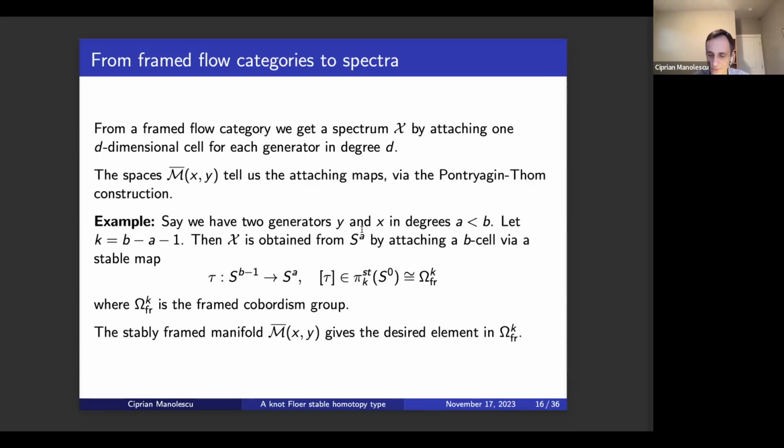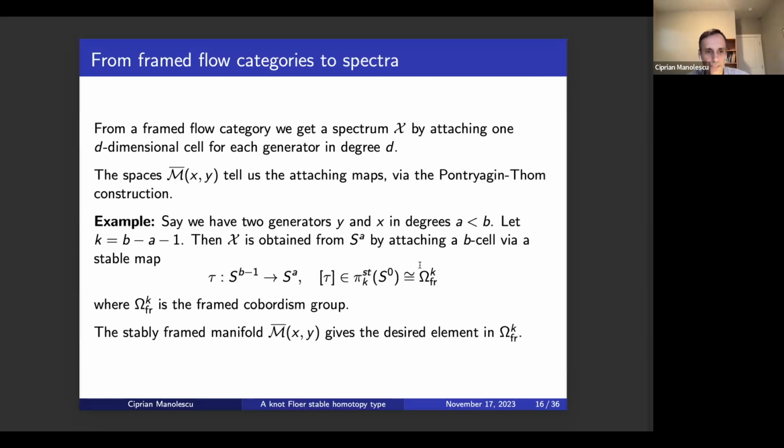Everything is based, of course, so I have the base point and a cell in degree A, and I'm attaching a cell in degree B. To do that, I need a map from the boundary, from S^(B-1) to S^A. Now, this is just an element in the stable homotopy groups of spheres in degree K, B minus A minus 1. And Pontryagin-Thom tells you that the stable homotopy group of spheres is the same as the framed bordism group